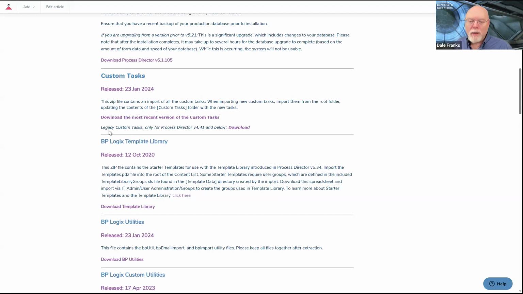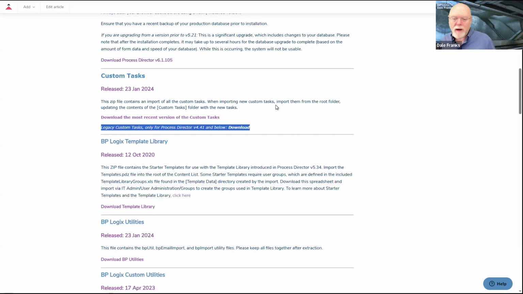Now, you may notice this little note right down here: legacy custom tasks only for Process Director 4.41 and below. Okay. I did say that the custom tasks are independent of the Process Director version. That is not universally true.